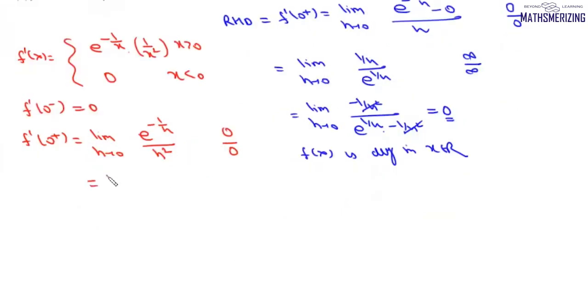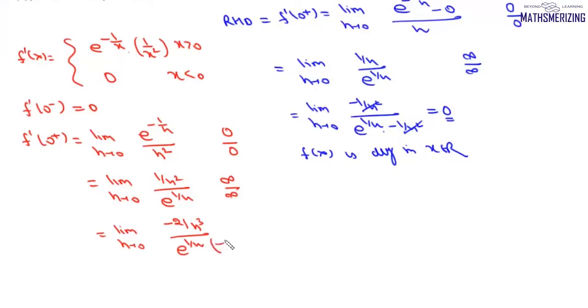Now again we write this as limit h tends to 0, 1 upon h square upon e to the power 1 upon h, which is infinity upon infinity form. We can write this as limit h tends to 0, and by L'Hopital's rule, minus 2 upon h cube upon e to the power 1 upon h into minus 1 upon h square. This minus and minus will cancel, h square will cancel. We can write this as limit